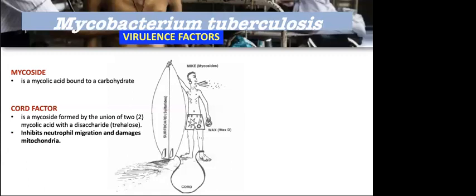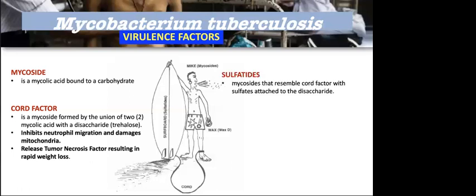It allows the organism to inhibit neutrophil migration. So white blood cells will not be able to rescue your infected cells because they're not allowed to migrate towards the infected site. Secondly, the cord factor is also responsible for the release of tumor necrosis factor, which is responsible for the cachectic look of people with TB. They have cachexia. Okay, they look like skin and bones. So there's rapid weight loss. Okay, so that's because of the cord factor.